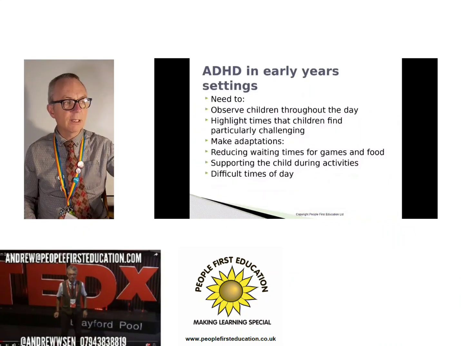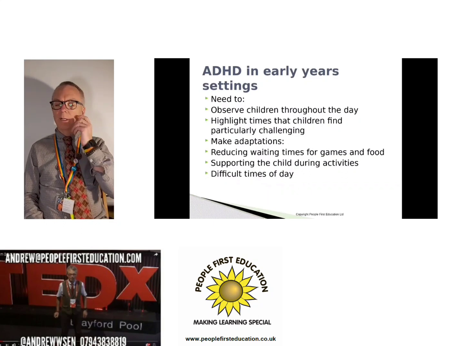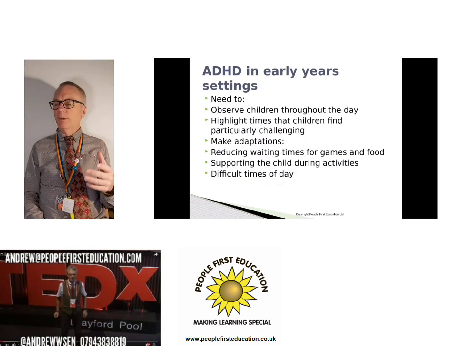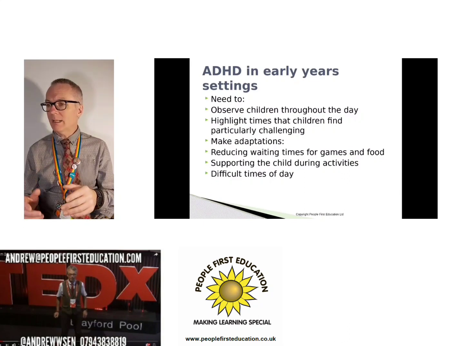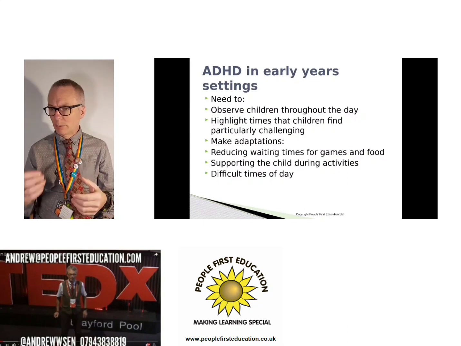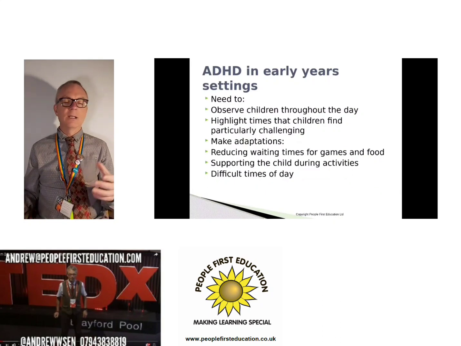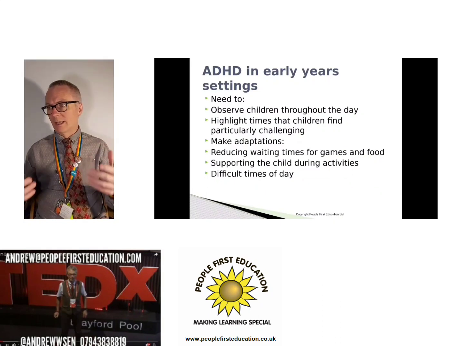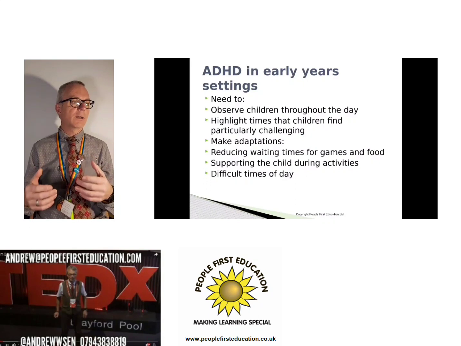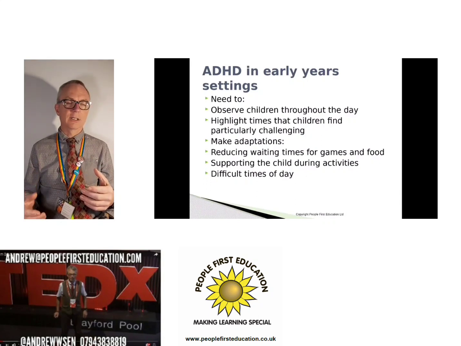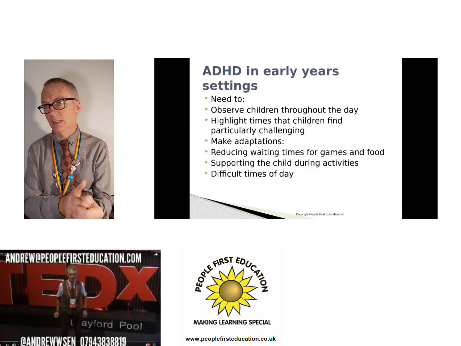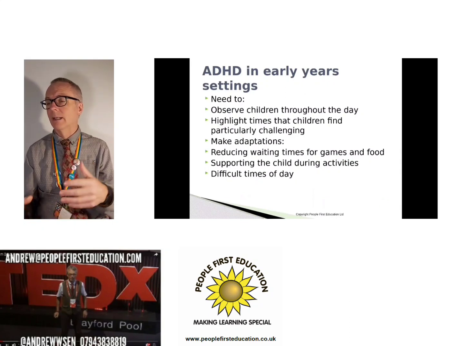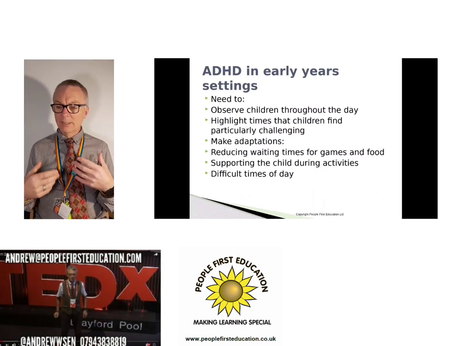In the early years setting, if you want to look at hotspots, and if you want to find out where things go wrong for these children, then throughout the day, keep watching them, write things down. Every time something goes wrong, write it down, but don't be negative. Every time something goes right, put that down on paper as well. And then you can get back to that more of what works, less of what doesn't thing again. Highlight the times of the day that children find challenging. Is it just before lunch when they're getting hungry? Neuropeptide Y kicking in. You know, and it's a bit of hangry.